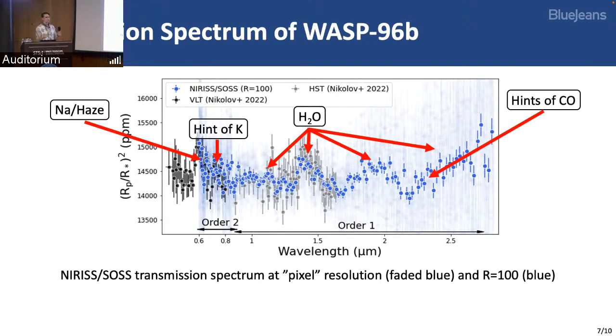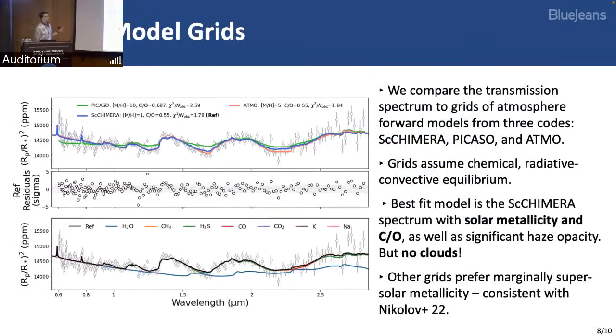There's a bit of a degeneracy, with just the SOS data alone, I should point out, between whether this is indeed the red wing of sodium or some sort of Rayleigh-like haze. And we also see tentative hints of other molecules, the alkali potassium, for example, as well as potentially carbon monoxide at around 2.2 microns. And the reason we know this is because we ran some grids of forward model atmospheres